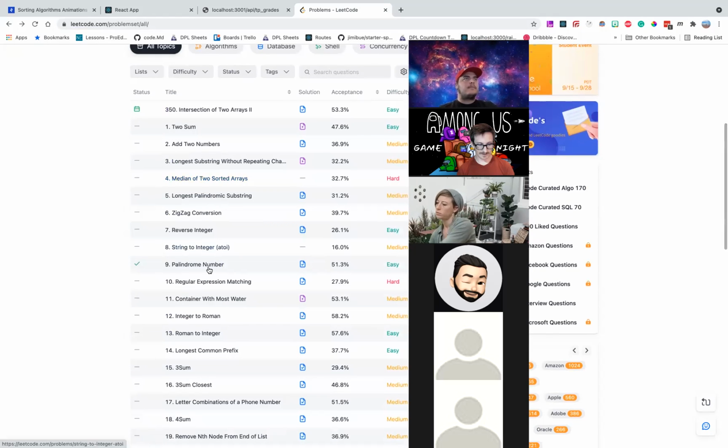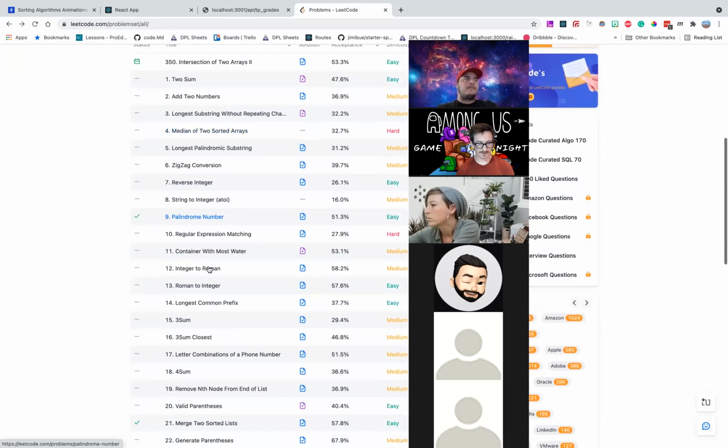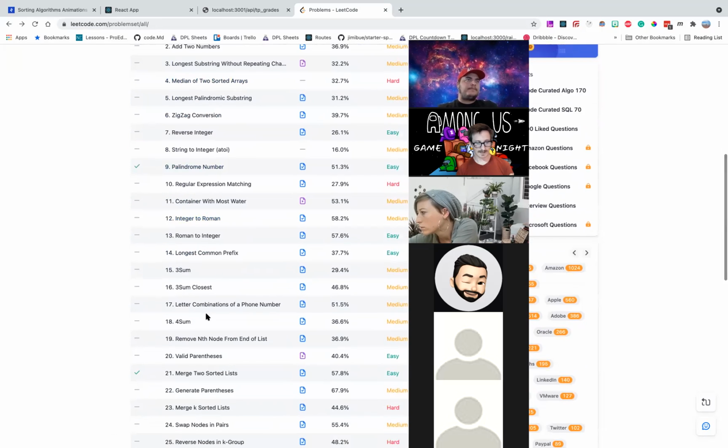Because a lot of these harder ones, you want to see them drawn out on a whiteboard. Here's how we're going to solve this. Here's how the data structure looks. And they'll spend 10, 15 minutes drawing out what it would look like in the computer, and you visually solve it. And then they're like, okay, now that we've visualized it,